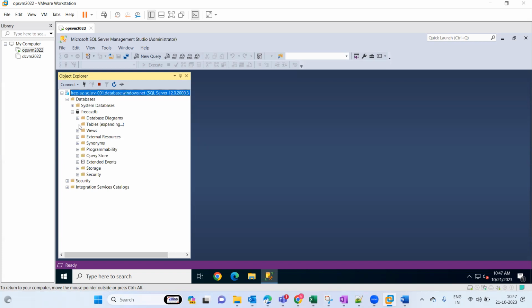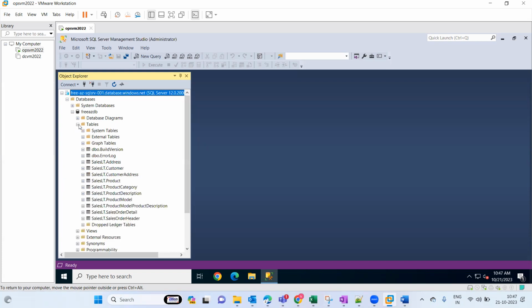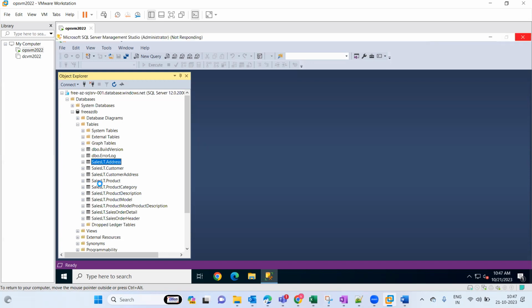The data is Adventure Works database related. So this is my database, and under the database we have the tables, which we are able to see. Almost all, we have 11 tables over here, which are currently being